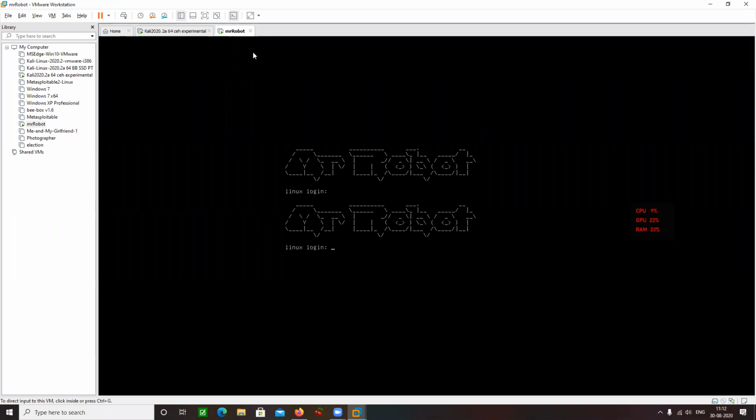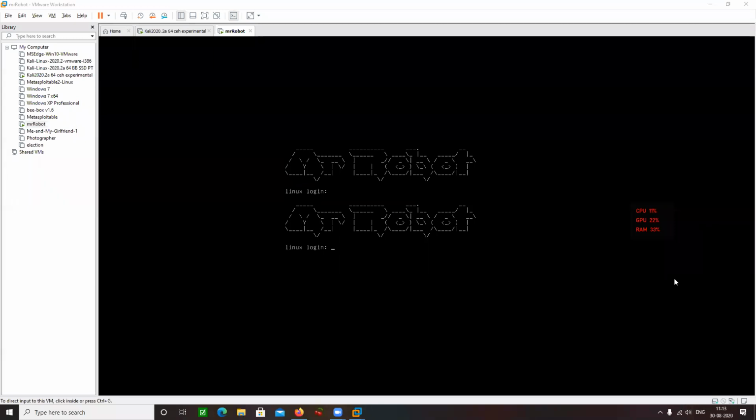Just try to reboot it once again, or you can try to change the network adapter to bridge, see if it works. Okay. Log in again, reboot it with bridge settings, see if we are getting an IP address. Another way that I'm going to suggest is to try to connect to another network.